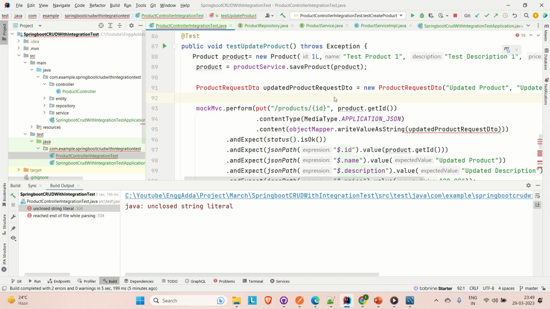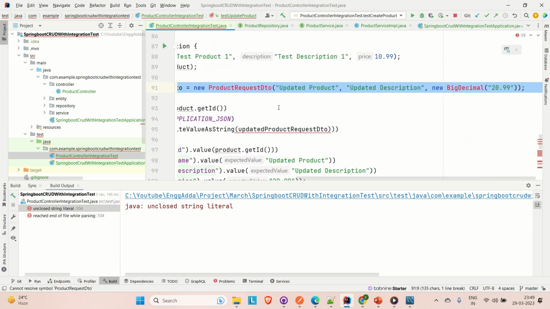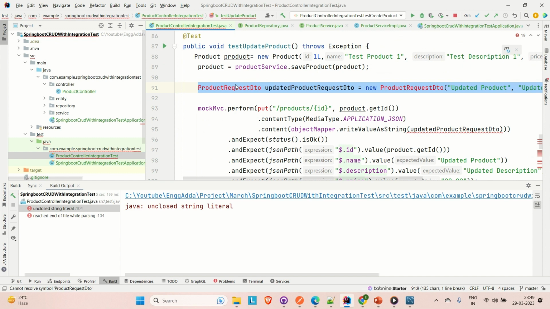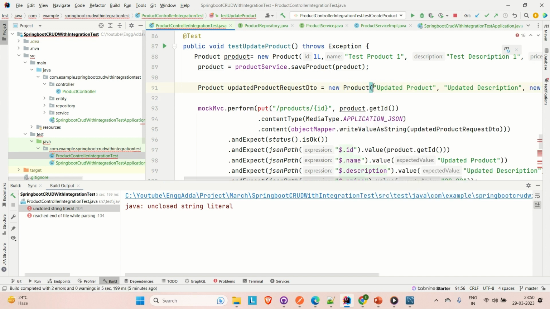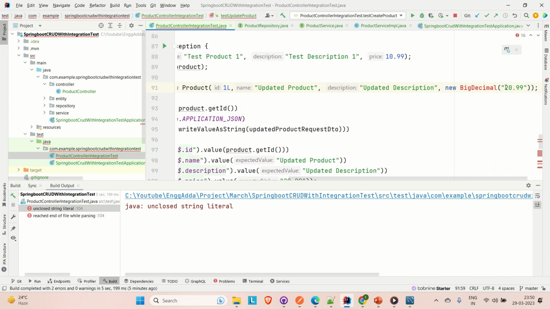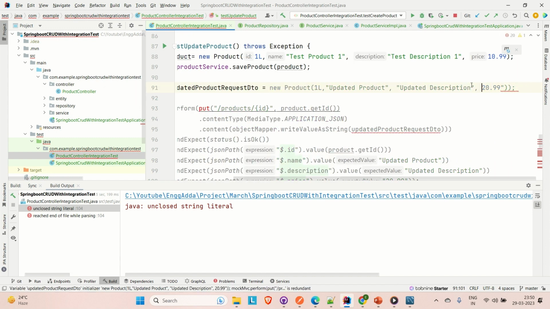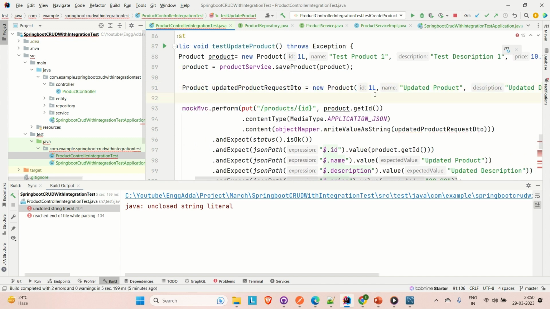This is DTO, so let me try to remove this. As of now we don't have any DTO, so it is giving the updated record, right? So let me try to convert it to the product, and product itself here, let's say the ID is 1L, updated, and then the price is 20.99. Okay, so we are good. Let me try to include the put as well